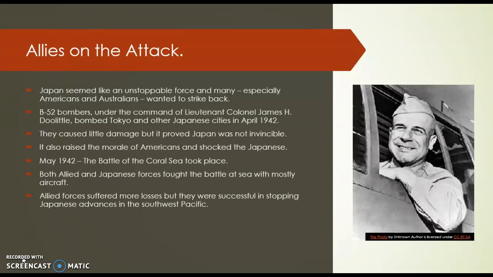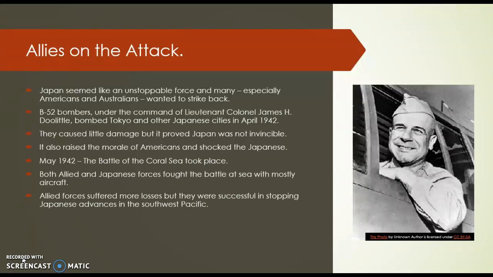So, Allies on the attack. Japan seemed like an unstoppable force, and many, especially Americans and Australians, wanted to strike back. B-52 bombers, under the command of that man right there, Lieutenant Colonel James H. Doolittle, bombed Tokyo and other Japanese cities in April 1942. They caused little damage, but it proved Japan was not invincible, and it also raised the morale of Americans and